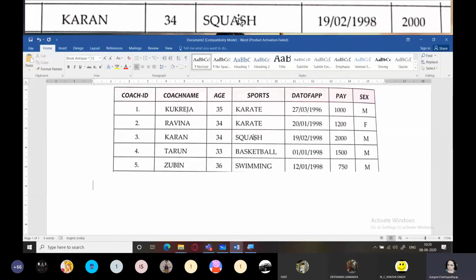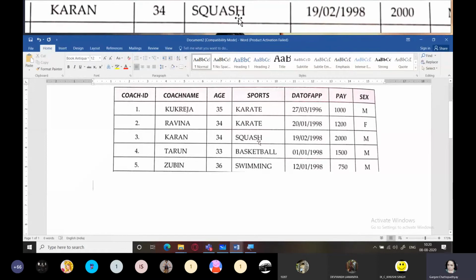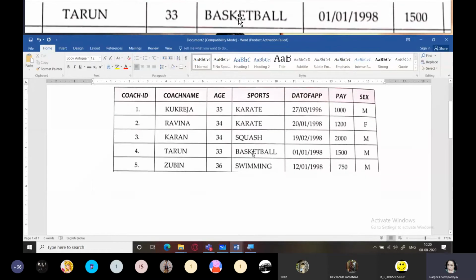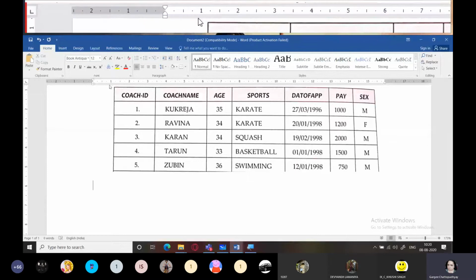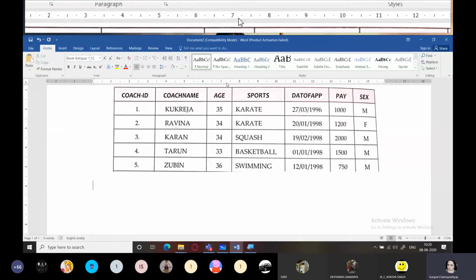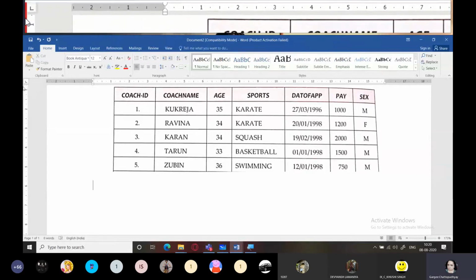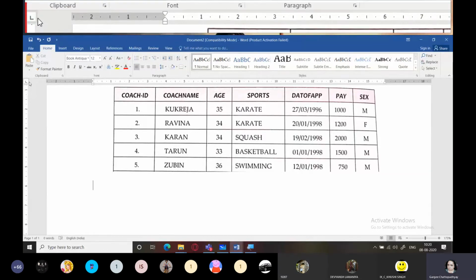No problem. So now watch this very carefully, students, because we are going to work with tab spaces. Now you can see this ruler bar over here. Everybody can see the ruler bar on the extreme left side. What do you see? What is this symbol? Check the magnification view and tell me. Yes, extreme left hand side where I have placed my mouse pointer.